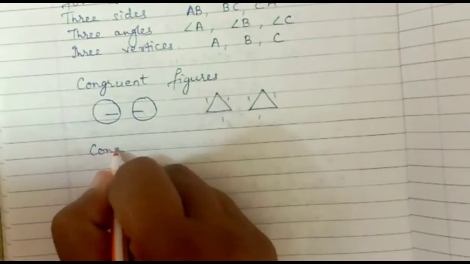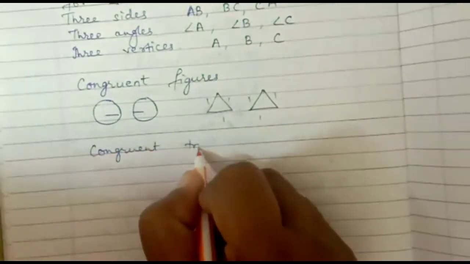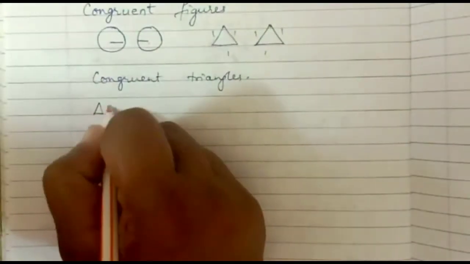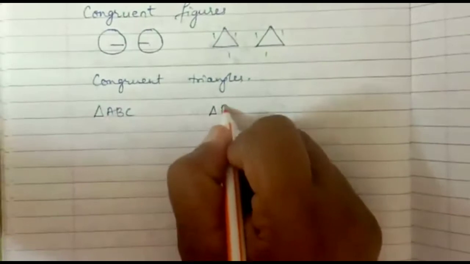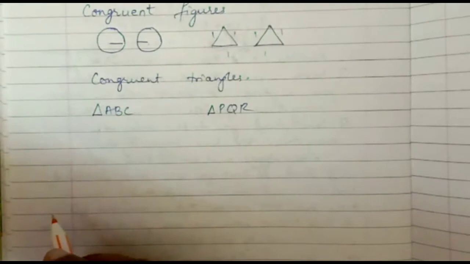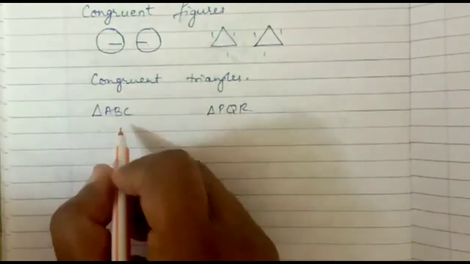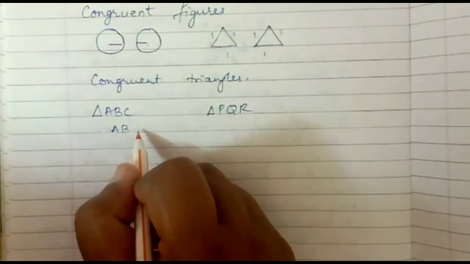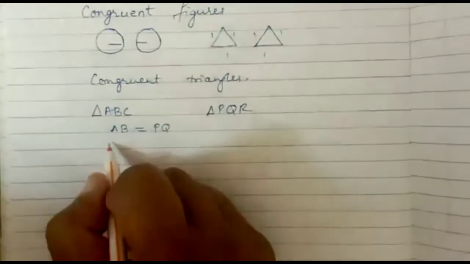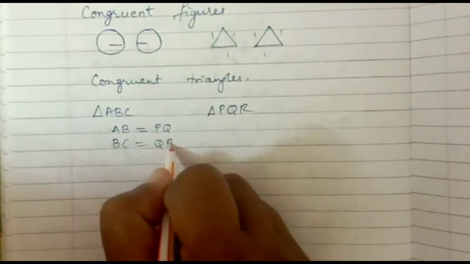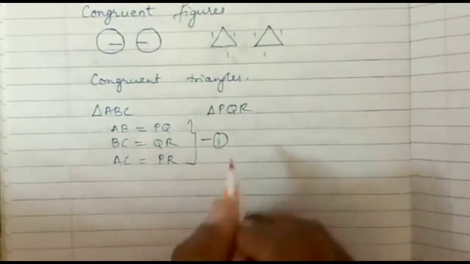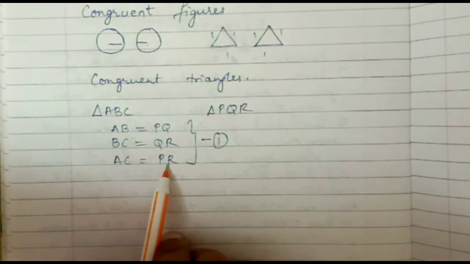Now we shall learn in detail what is actually congruent triangles, how we can say the triangles are congruent. Now suppose we have triangle ABC and triangle PQR. If I need to prove that triangle ABC and PQR are congruent triangles, according to the definition of congruence, each corresponding side should be equal in measure. That means length of side AB should be equal to length of side PQ. Length of side BC should be equal to length of side QR. Similarly, AC should be equal to PR. That means this is condition number 1. The measurement of each side should be equal.